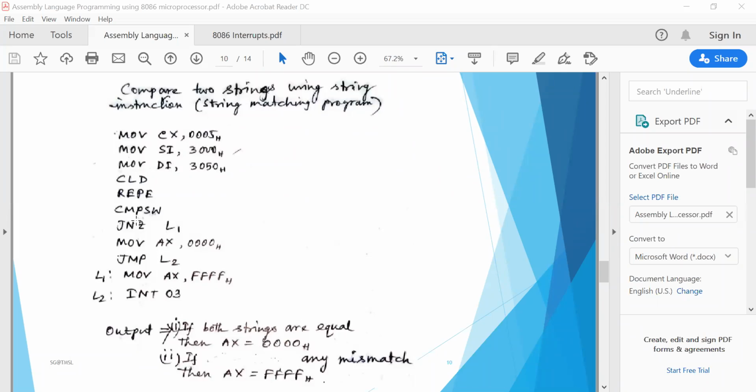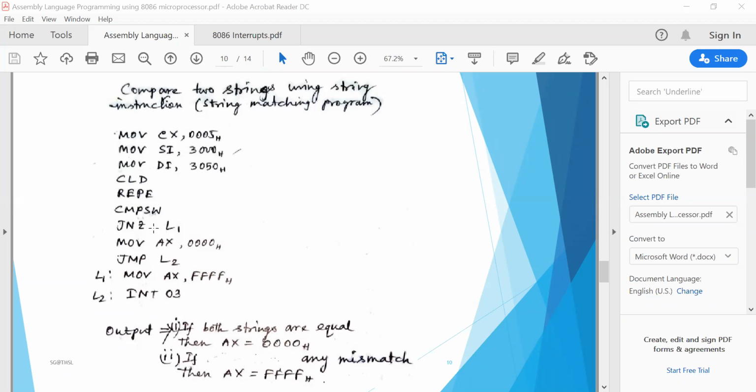If after comparing these two string words both are equal, the zero flag will be set. So if all the data bytes are matched with each other, the zero flag will be affected. If there is no zero, that means there has been some mismatch, so your output will be shown as FFFF.